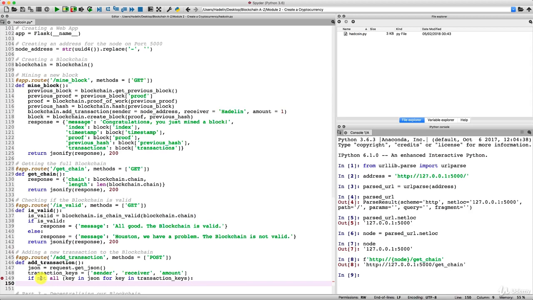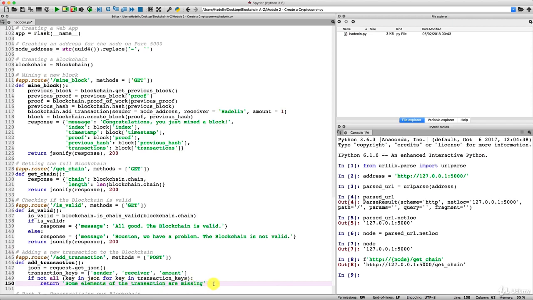So you understand the syntax here? You have to read it this way. If all the keys in the transaction keys list are not in our JSON file, in that case, we'll return something like, in quotes, let's say, some elements of the transaction are missing. Or if you want, we can say again, Houston, we have a problem. As you want, but basically what you write here will appear in Postman whenever there is a transaction posted with a missing key. So some elements of the transaction are missing.